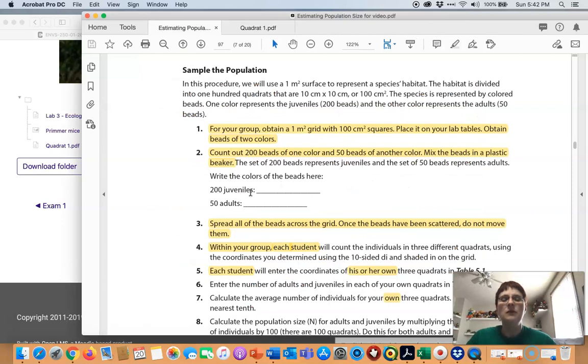So, I'm sorry, I've got those backwards. So there are red dots for the juveniles, blue dots for the adults. So again, red dots for the juveniles, there's 200 of them, and then 50 dots that are blue for the adults. So that Quadrat file has already done steps 1, 2, and 3 because I've already scattered the beads across